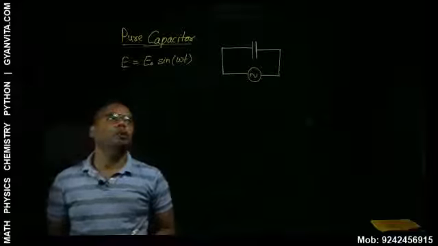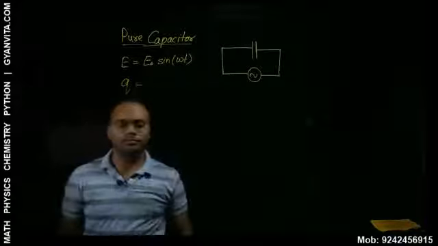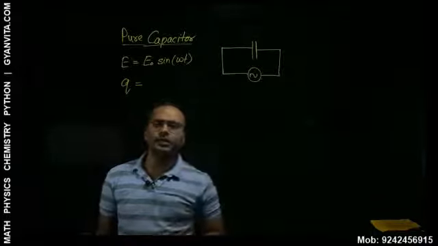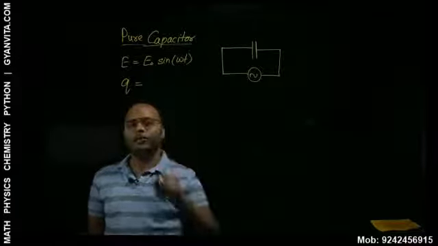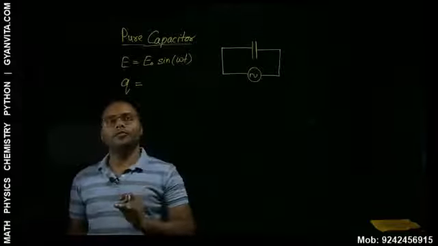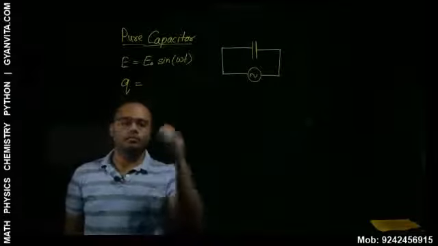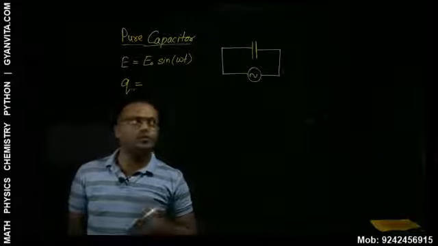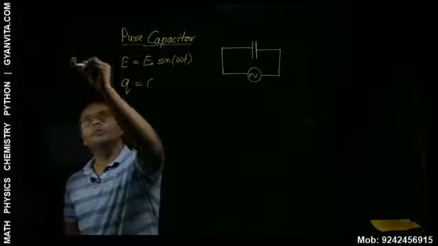What do we know about capacitors? That capacitors store charge. In case of the inductor, we knew the concept of self-induction, and that's why we used it there. Here we know that a capacitor stores charge. We are trying to find the electric current, and in order to do that we are going to utilize the concept of charge being stored in this capacitor. The charge which is stored is Q equals CV.